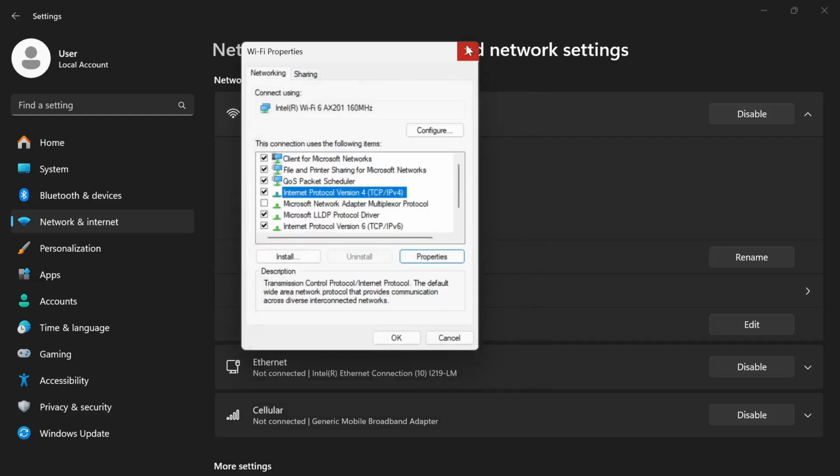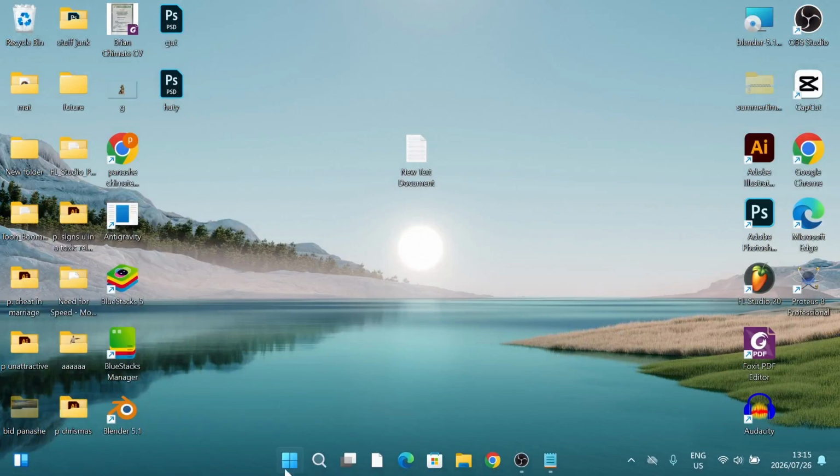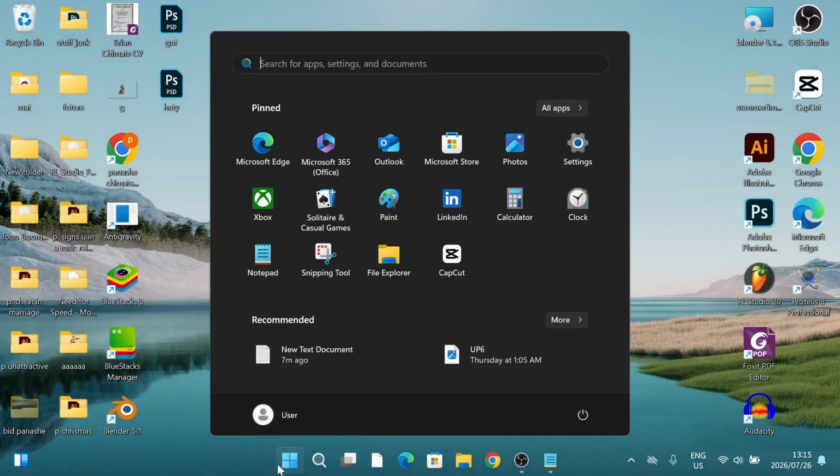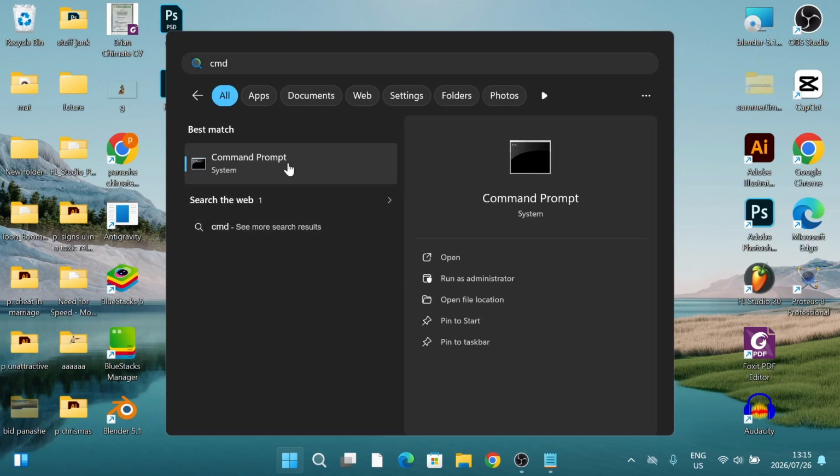Then once you do that, exit the settings option, go over to the start menu again and search for CMD, then right click on the CMD option and click on run as administrator. Then click on yes. Then you're going to type this in,